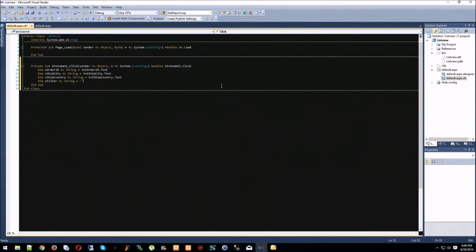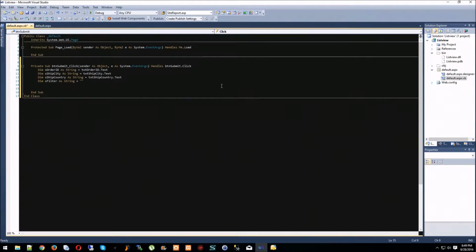So we already declared our S filter. It's really weird for me because in PHP you don't have to declare anything. You just put something into the variable itself, and it generates itself. So what we're going to do is say